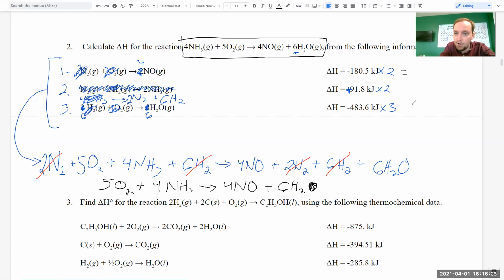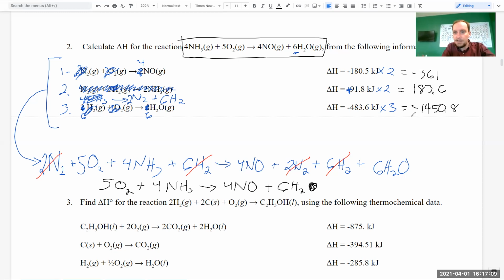So let's go ahead and figure out what all this equals. So negative 180.5 times 2 equals negative 361. The next one, positive 91.8 times 2 equals, yes, I could do this a little easier on a calculator using parentheses, which is what I would normally do, but I am trying to show you the thought process behind it. That's why I'm doing this the long way. That would equal negative